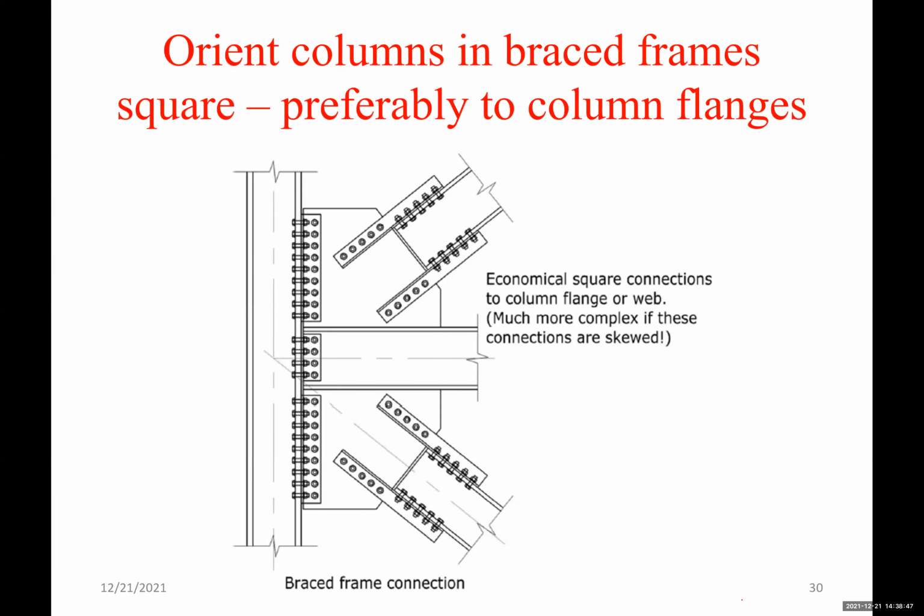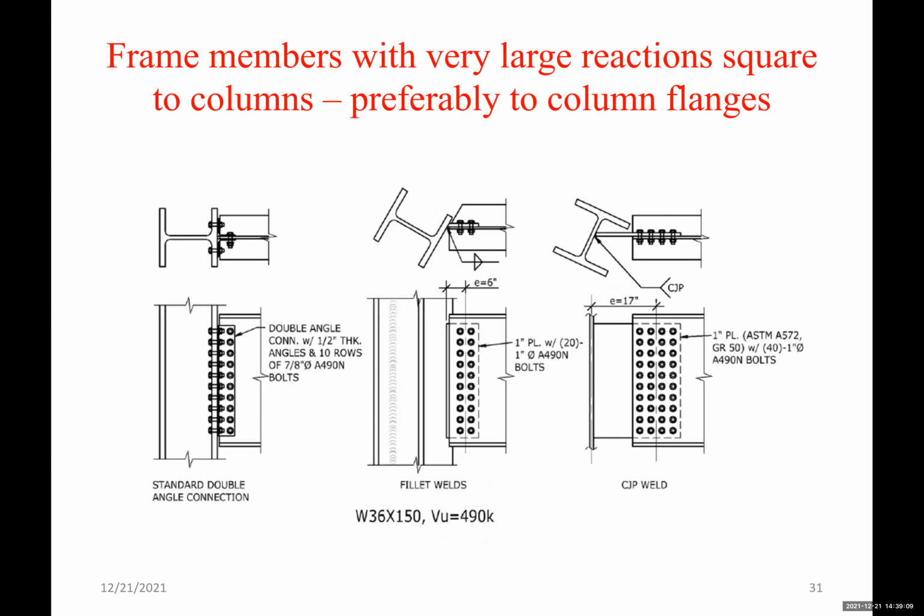This is an example of a connection that is braced to the flange of a column. So it's a simple connection. It's an economical connection. As we can see, we have the members, we have the gusset plates, we have the angles without any stiffeners or additional plates for reinforcing. Versus